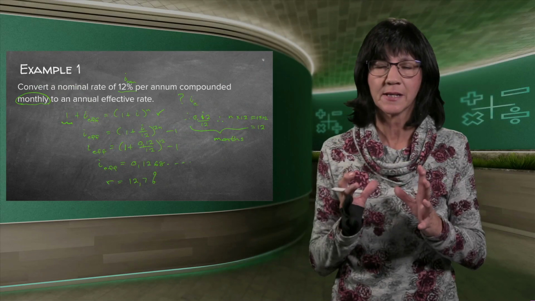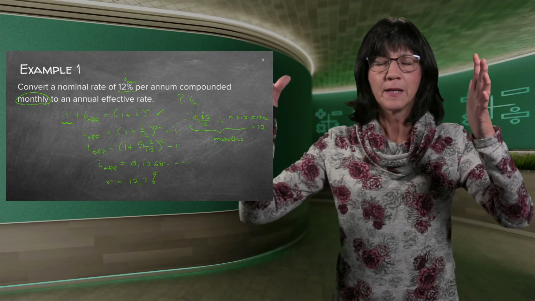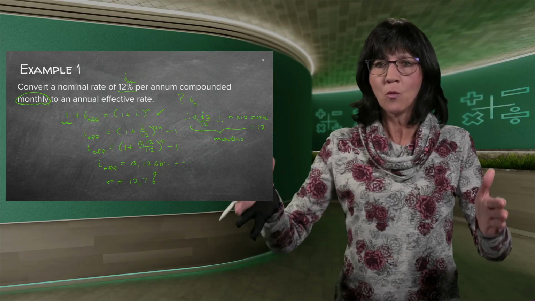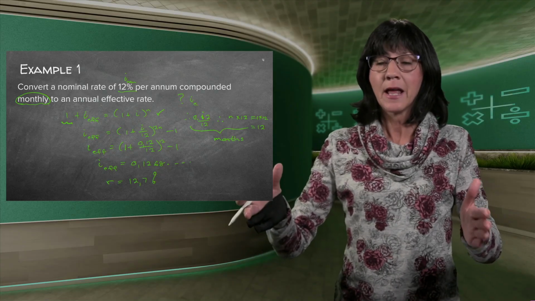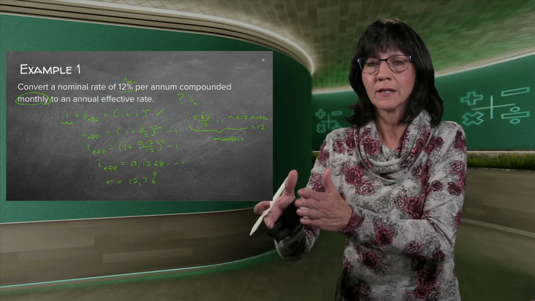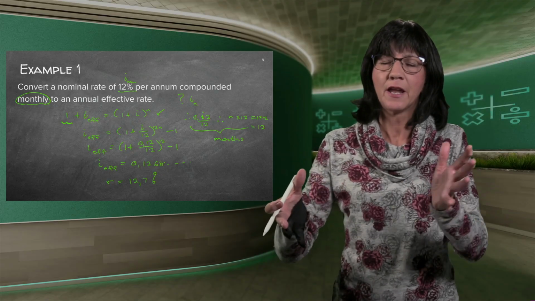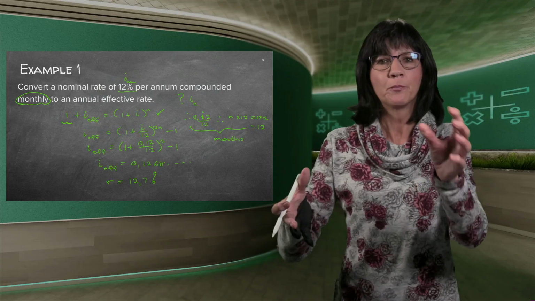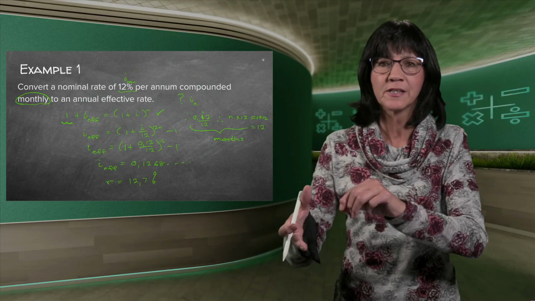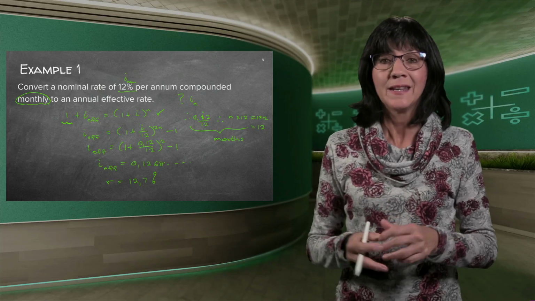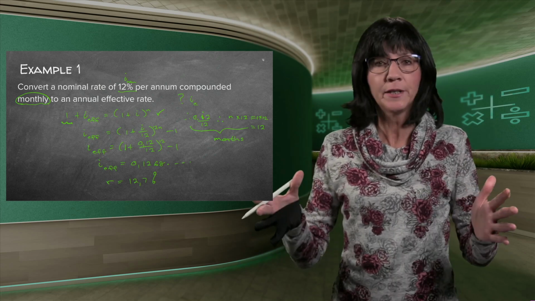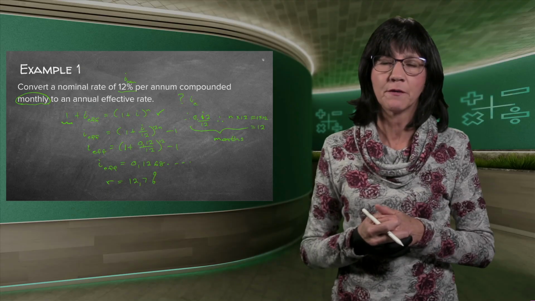Now let's just see if this makes sense. Remember what I said? Interest rate is 12% per annum, once a year calculated. But now they said we must compound it monthly. So I cut it up into 12 pieces, and every month I put extra interest on the previous interest, extra interest on the previous interest. So can you see it's now more? Effectively, for a whole year, you're going to actually pay 12.7% interest.